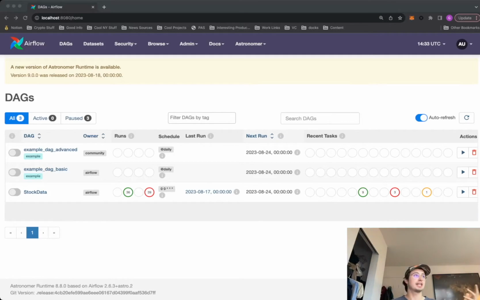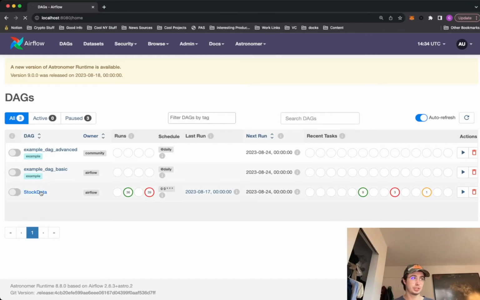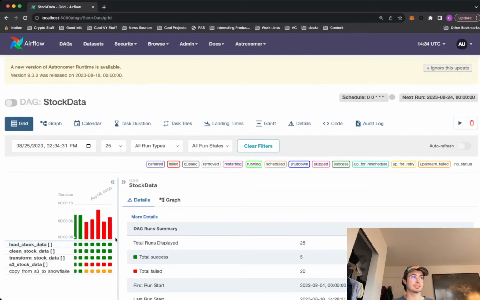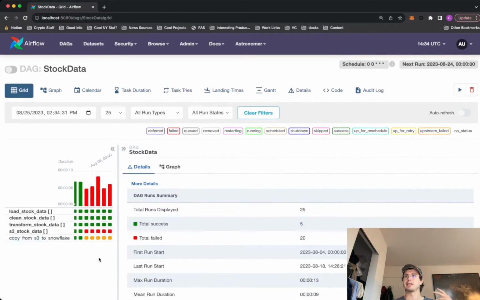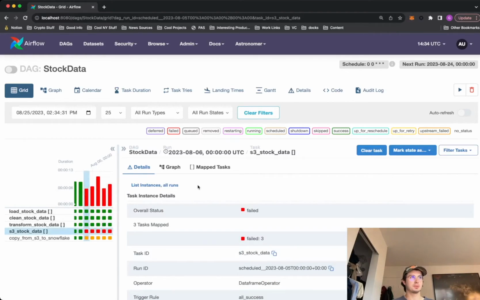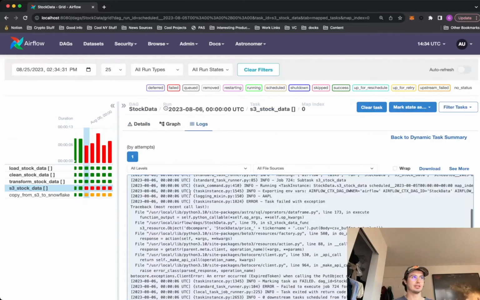And so the first thing I wanted to get into is just some of the places you're going to want to look for information around what's going wrong with your code. So to do this, I have a DAG that I've run a couple times. It's running into some errors, and so I wanted to look at, hey, what are those errors, and where can I find information about those that can give me the tools I need to actually figure out what went wrong. And so the first place you're always going to want to look, obviously, is within your task instance